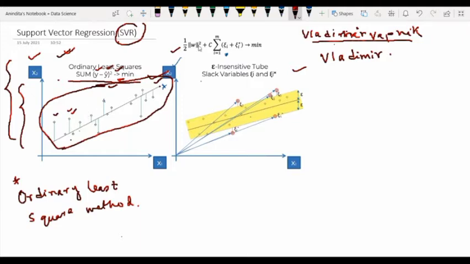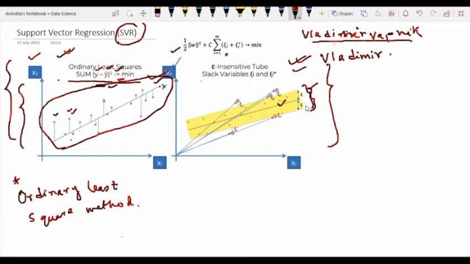Now, using the same concept, I am applying it over here. This is our topic of discussion today: how does the support vector regression model work? Let's look at the right side diagram. In this diagram you will see a tube. Instead of a single line we have a tube, and you have a regression line in the middle. This is the regression line I am talking about, and this yellow portion is the tube.